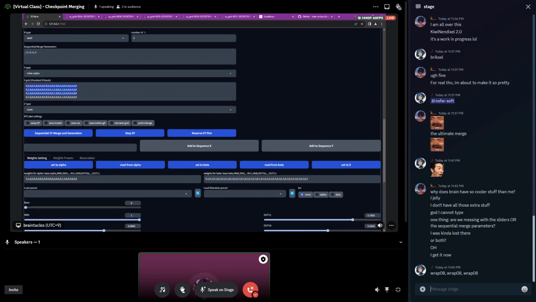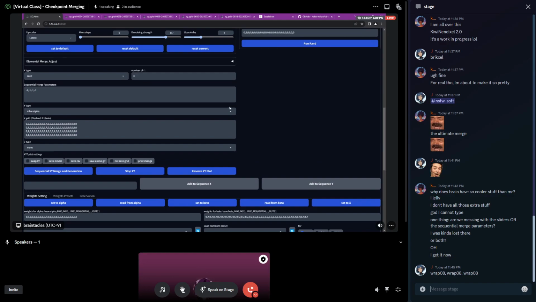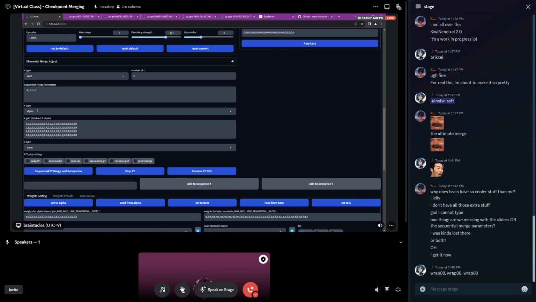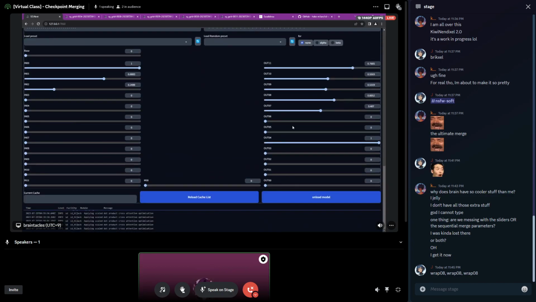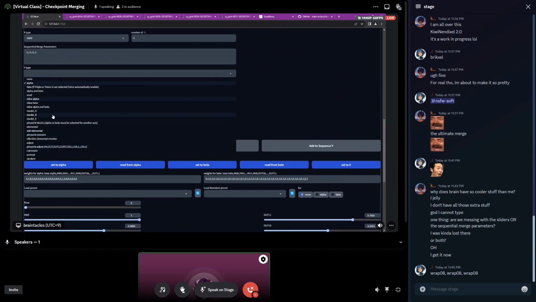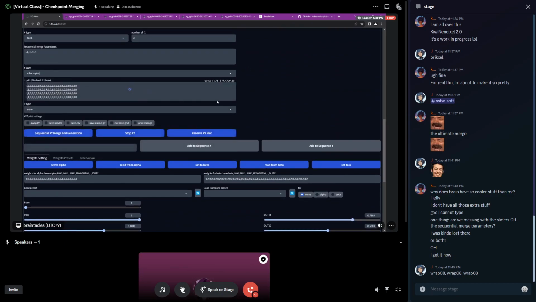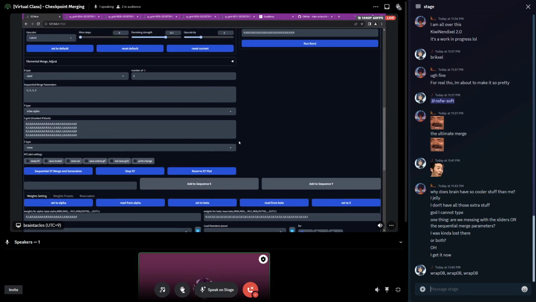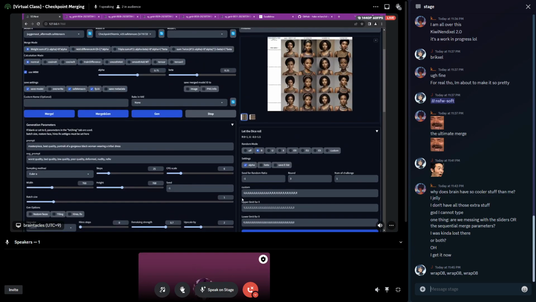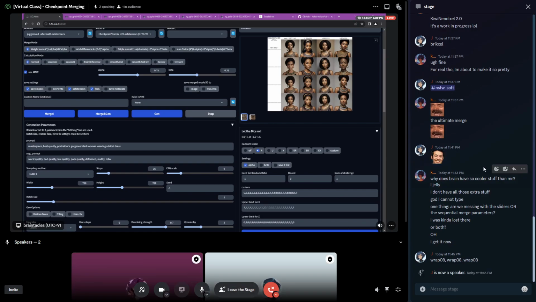But this is gonna be your best friend over here. Make sure you pick MBW alpha, right? Not just alpha, because alpha does not use the UNet individual blocks. So keep that in mind. I guess that's it really. Unless you guys have questions, I can't come up with anything else. This is as far as my